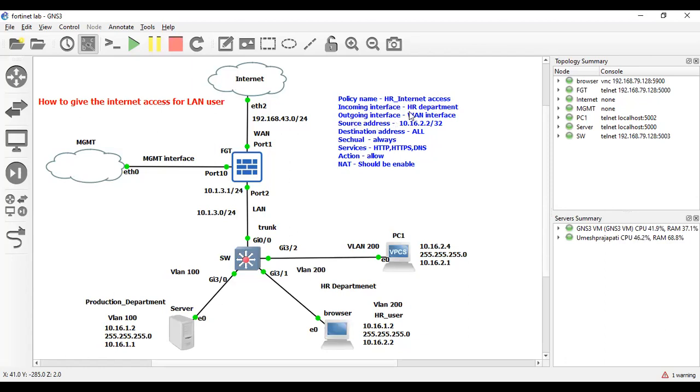In my scenario, the incoming interface is the HR department and the outgoing interface is the WAN interface, and the source IP address is 10.16.2.2. I have provided internet for only one user. The destination address will be all because this user is going to access the internet, the schedule will be always, and for services I have provided only HTTP, HTTPS and DNS for the HR user. Action will be allowed, and NAT will also be enabled because this user is going to access the internet.